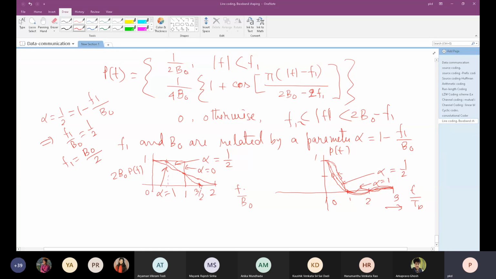And then what would be at 3/2, alpha equal to 3/2. One minus b0. Okay, so f1 by b0 equal to minus half. So f1 equal to